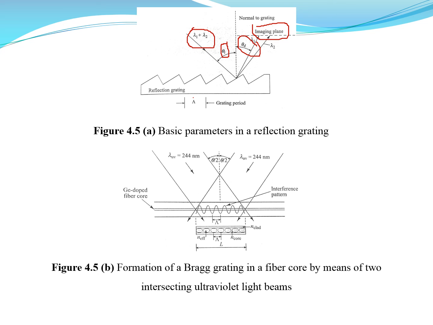So these are the basic parameters in a reflection grating, and this is the formation of a Bragg grating in an optical fiber by using two ultraviolet beams. These are the two ultraviolet beams which are considered. So 244 nanometer